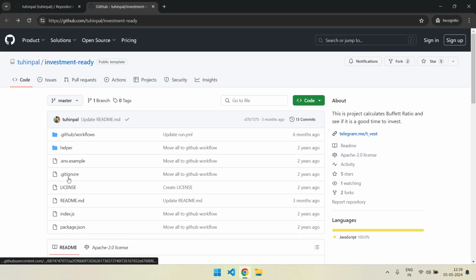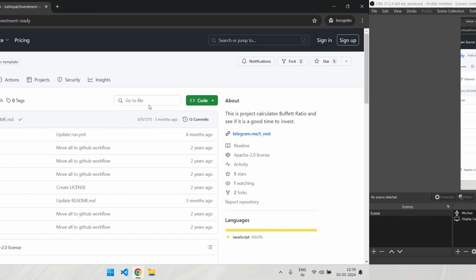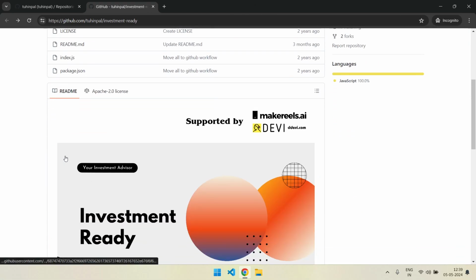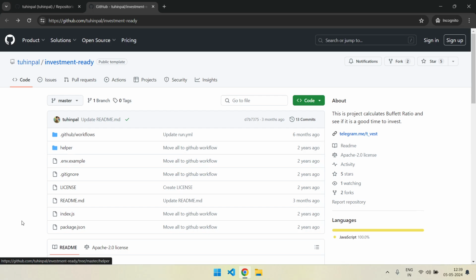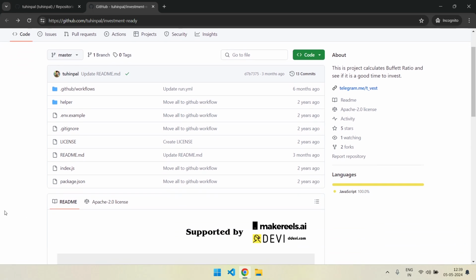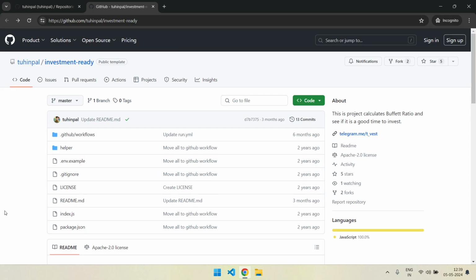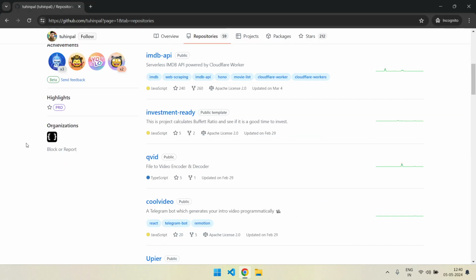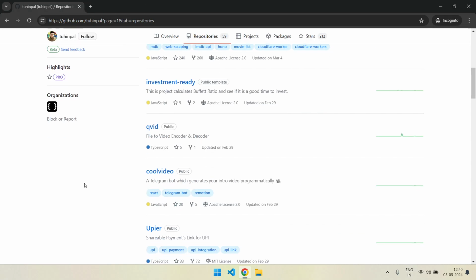So this is also a good project. I use that to do my mutual fund investment basically. This is doing great actually. When the ratio is 92%, I buy some mutual funds, and when it goes to 99 something, I just sell it. It's doing good. It almost gave me 10% returns whenever I do this.